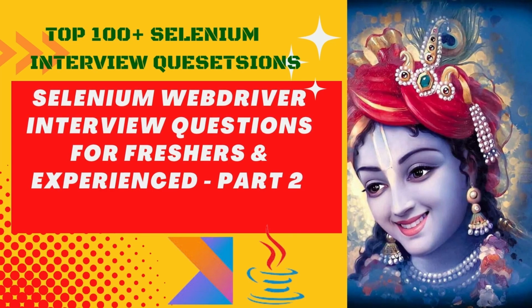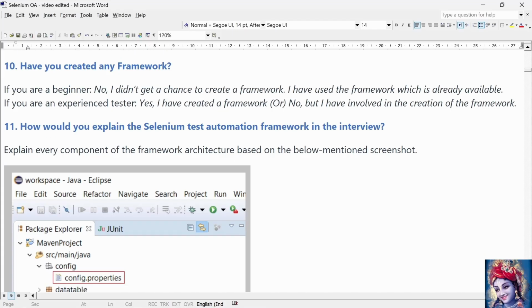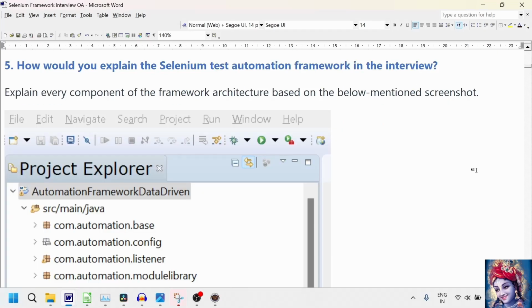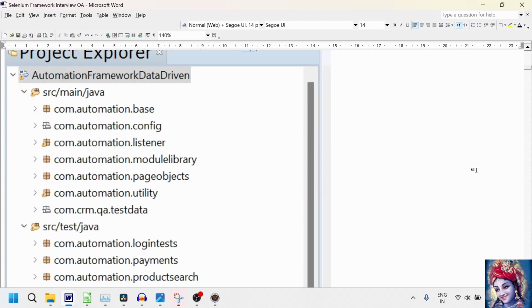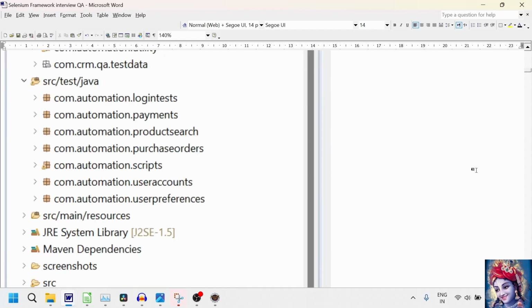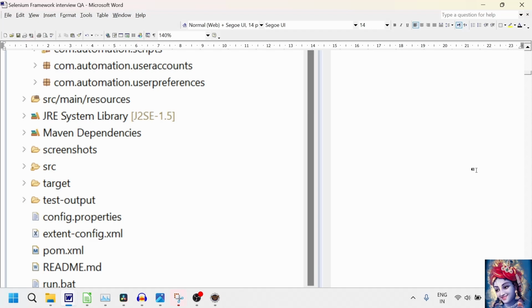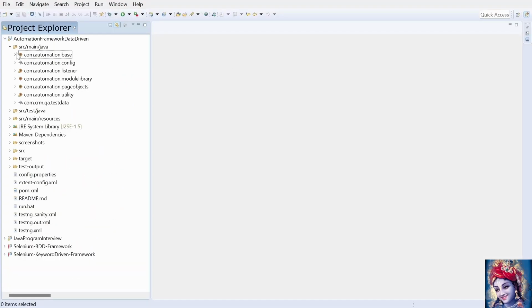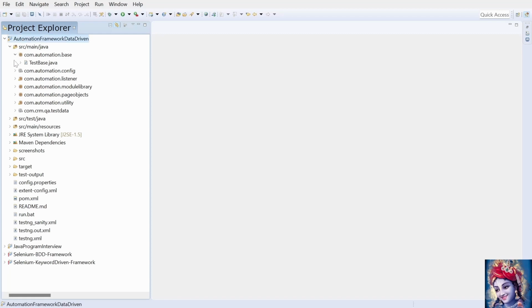The next question: explain the Selenium automation framework which you used in your project. We need to explain every component of the automation framework based on the below screenshot. We basically need to specify the ins and outs of the test automation framework, such as programming language used, type of framework used, how we initialize WebDriver and implicit waits in the test base class, how we separate element locators from the